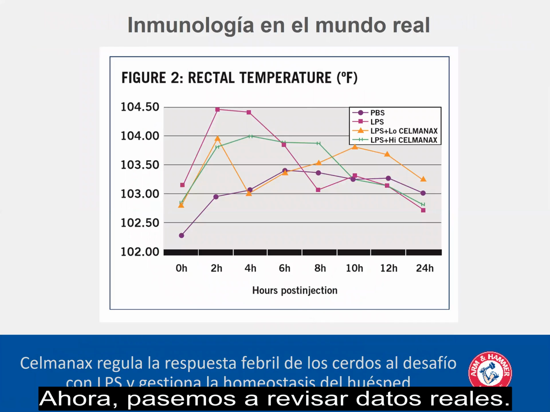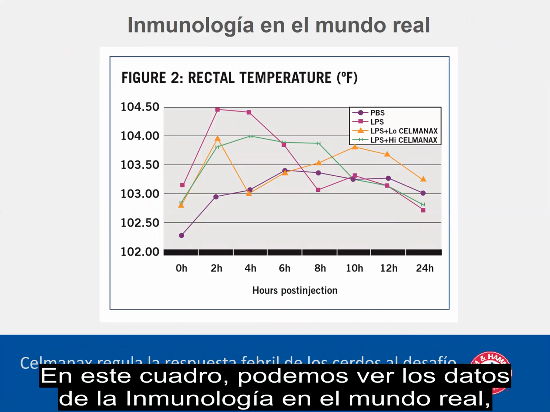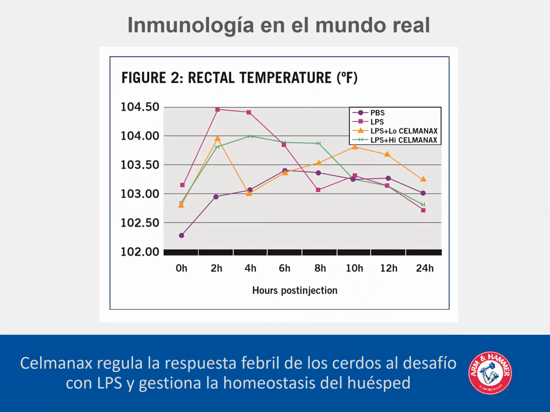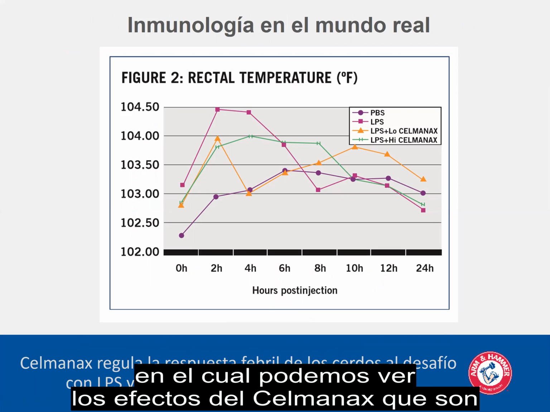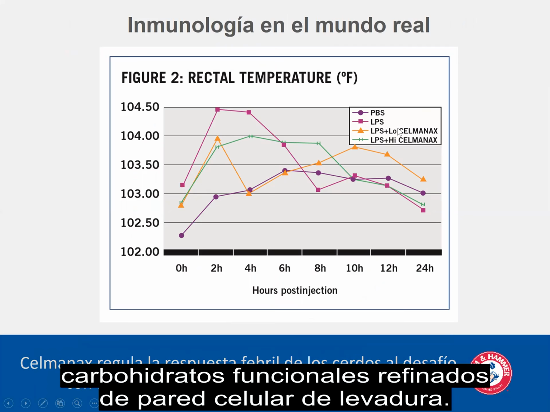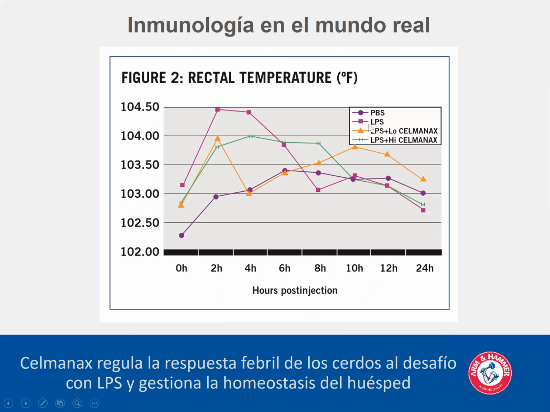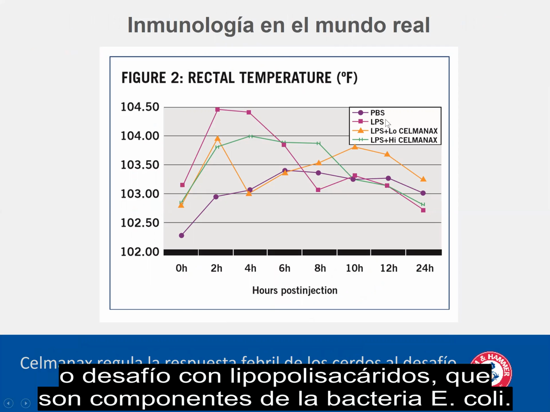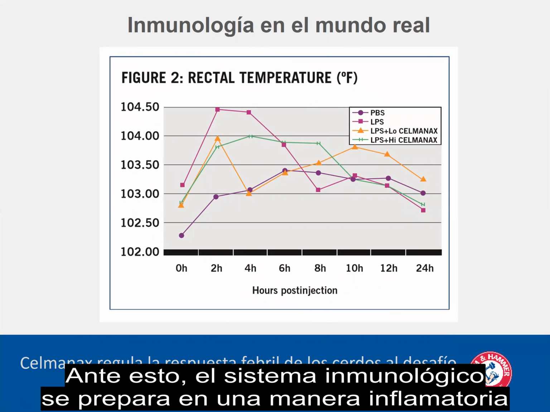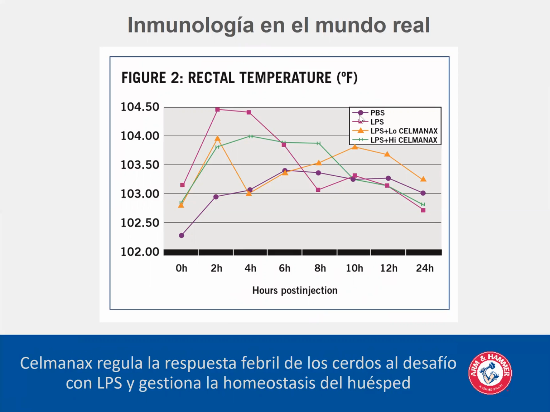So now let's move on to some real data. So here's some immunology that we've measured kind of in the real world, so to speak, where we've looked at the effect of Salmonax, which is refined functional carbohydrates from a yeast cell wall. And we looked at it in the context of an LPS or lipopolysaccharide challenge. And LPS is a component of E. coli bacteria, and it's highly immunogenic, meaning the immune system kind of gears itself up in an inflammatory way in